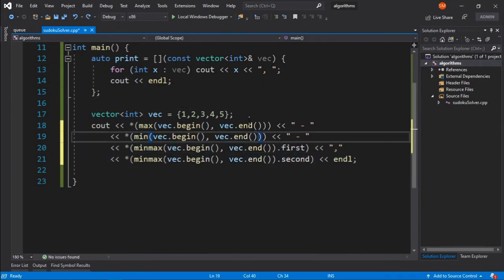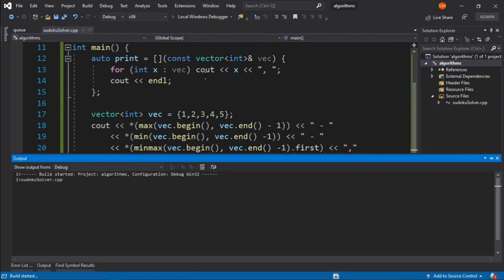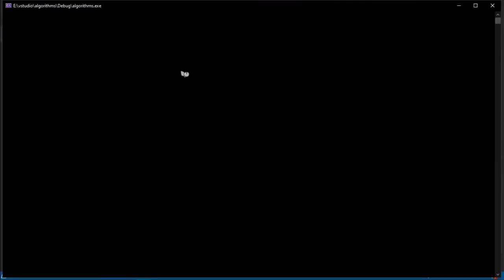End actually refers to the element after the last element. So to neglect the fact that the element after the last element doesn't actually exist, we can simply give -1 here instead of end, and it should fix our issue with that abort. Okay, I was not careful.